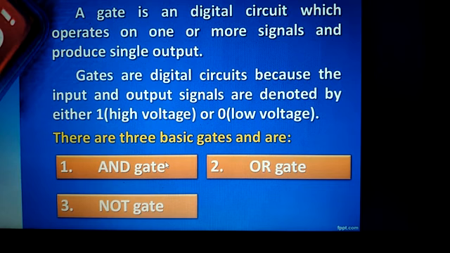So a digital circuit is designed for giving the power to your house. This is the example of a digital circuit. And how it works: when it operates on one or more signals, when the electricity goes through that signal, the digital circuit performs.